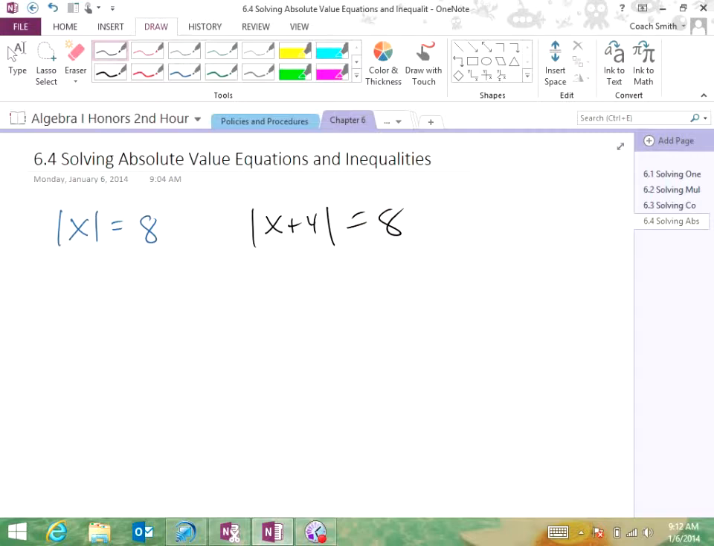If I use that same thinking, then I have the absolute value of x plus 4 equals 8. Whatever's inside the absolute value can be either positive or negative. So, by our thinking here, we said this was 8 and -8. Well, the same thing holds true here. This is either 8 or